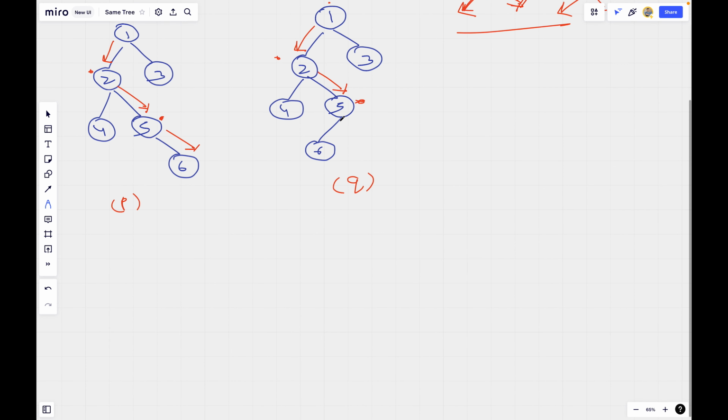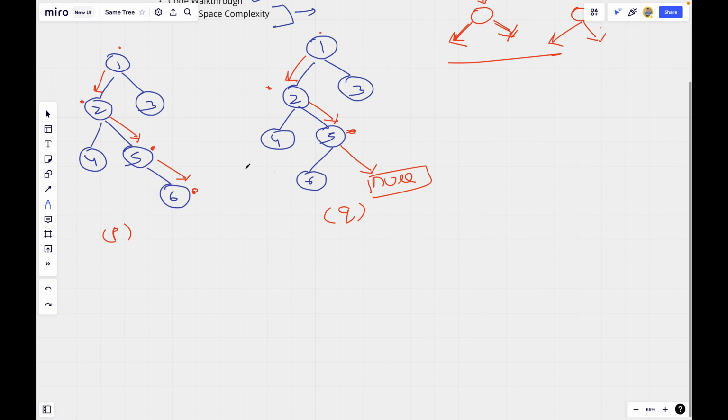As we have to traverse the trees in similar fashion, I will try to move rightwards here as well. After moving rightwards from 5, I will reach 6 in this particular binary tree and null in this binary tree. And what does that mean? Starting from roots of these binary trees and following the exact similar path, we are reaching a null node in one binary tree, which will signify that these two trees are not structurally identical.